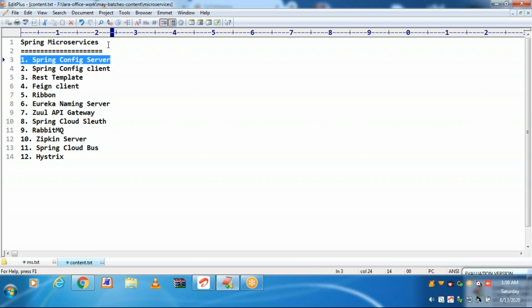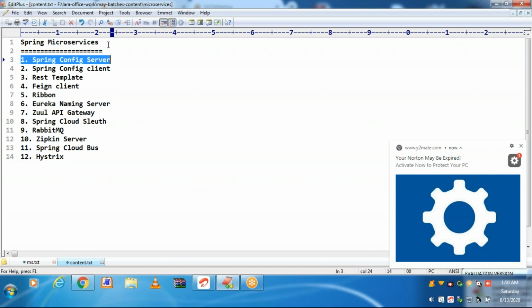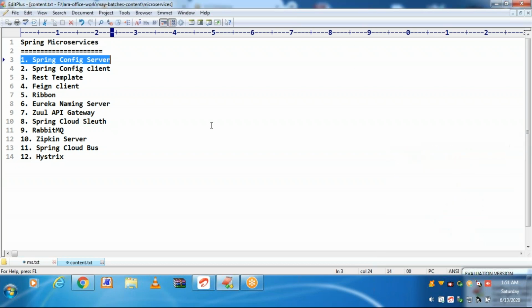This is mainly used for interacting with Git repository to read properties files based on the application and also based on the environment. It can be development environment, staging environment, production environment.